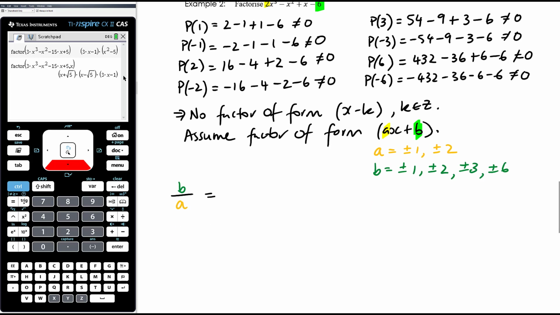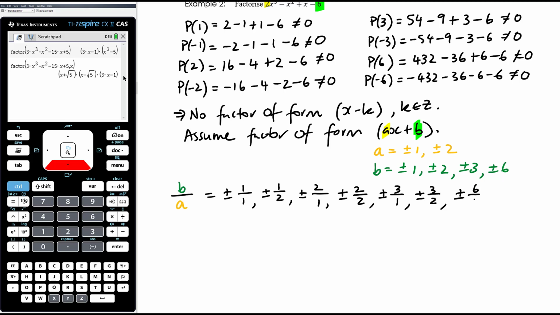So, alright, let's just start by fixing b as 1. So we could have plus or minus 1 over 1 or plus or minus 1 over 2. If we fix b as 2, we could have plus or minus 2 over 1, plus or minus 2 over 2. If we fix b as 3, we could have plus or minus 3 over 1, plus or minus 3 over 2. And if we fix b as 6, we can have plus or minus 6 over 1, plus or minus 6 over 2. Now I know initially that looks like a lot of combinations, but we're just making sure we're being systematic about thinking about all the possibilities,